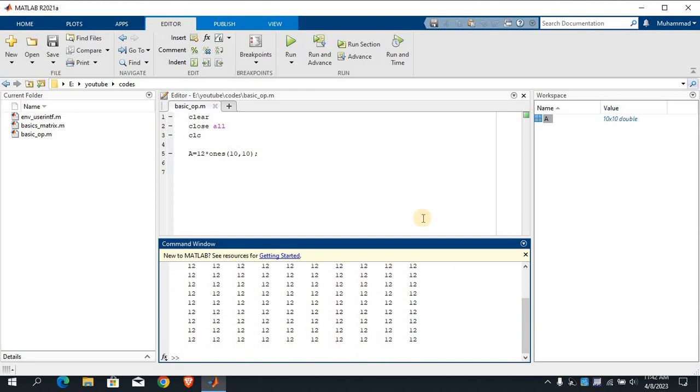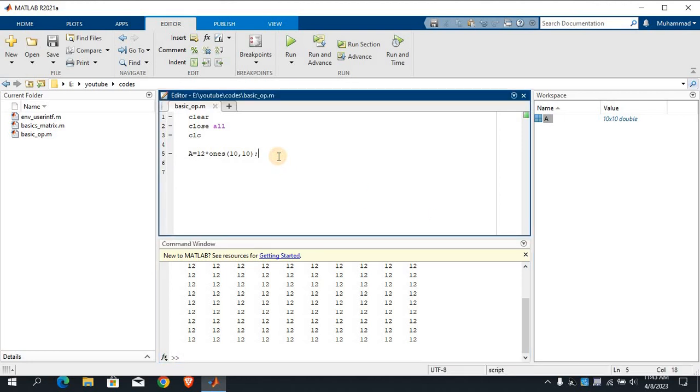Now if you want to perform addition, for addition, what is needed? For addition, order of matrices must be same. What does this mean? A equals to, I am having a matrix A, let's say of order 3 cross 3, 1, 2, 3, 4, 5, 6, 7, 8, 9, and let's copy this matrix, control C and control V, name this capital B,